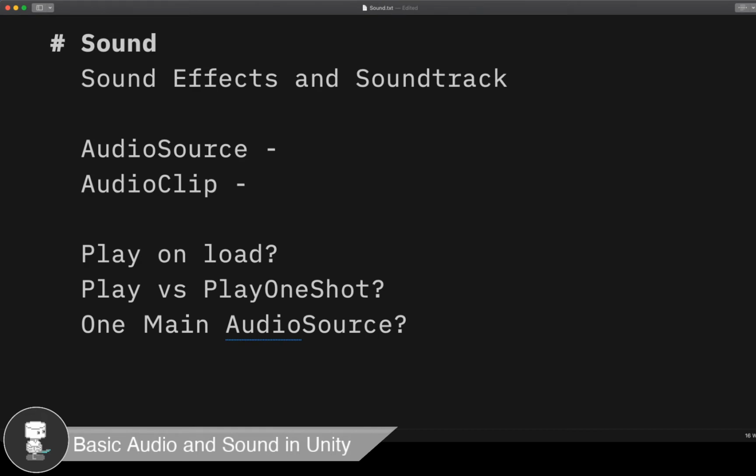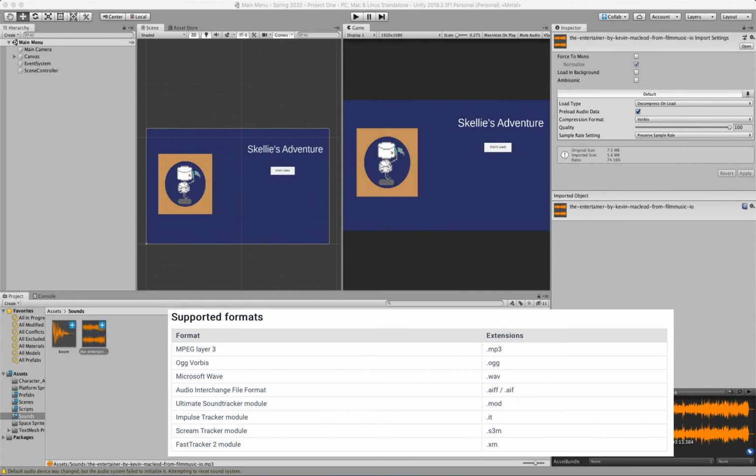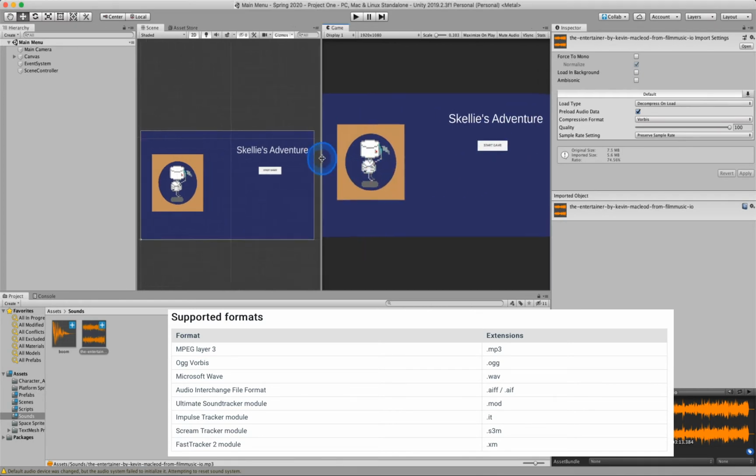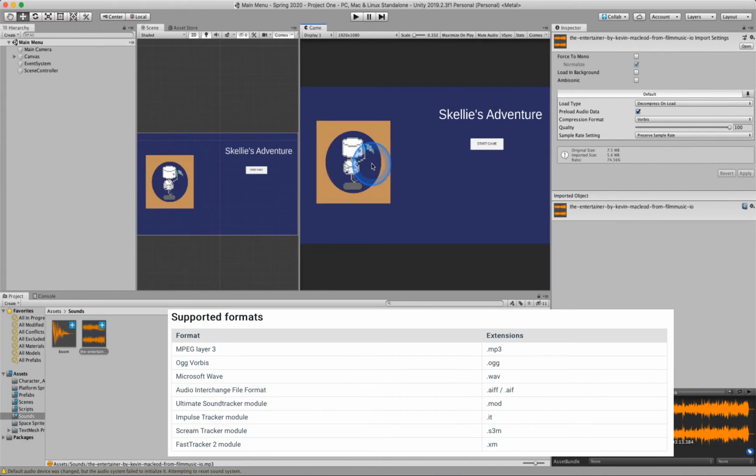Let's jump into Unity. Let's say that we have an opening scene, and this is our main menu scene where we have a title and maybe a hero shot, and then our start game button. We want to have our audio immediately start playing, and so we're going to set up that functionality for our soundtrack. We've already received files from our sound designer and our composer, and we've dragged them already into our project